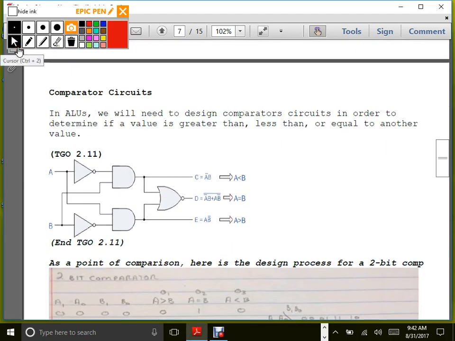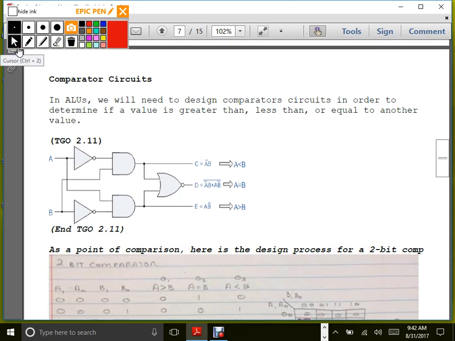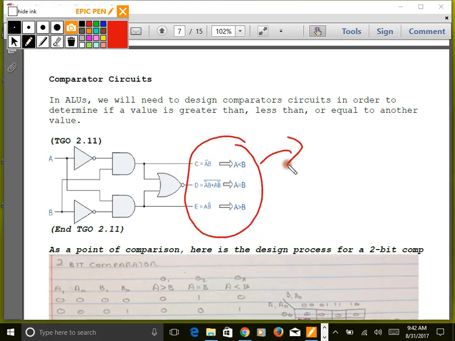So there are other things that they're going to be doing with the arithmetic logic unit besides just doing full adders or AND and OR. Sometimes we're going to be doing something called comparison. And this is going to become very important when we get into branching and jumping. This is a circuit that performs A is less than B, A is equal to B, or A is greater than B. So I want all of these values on the output because I'm going to need these to be able to